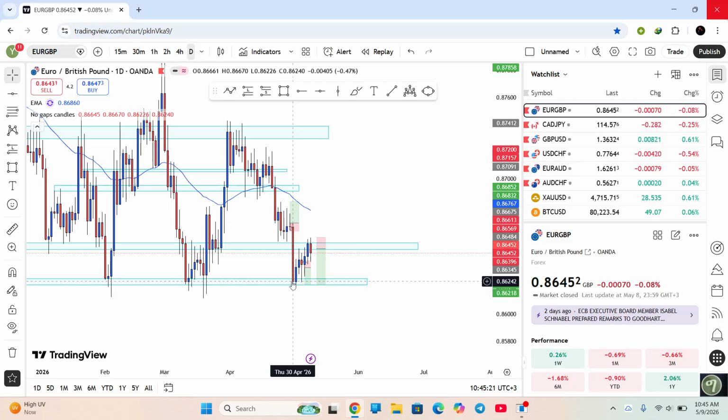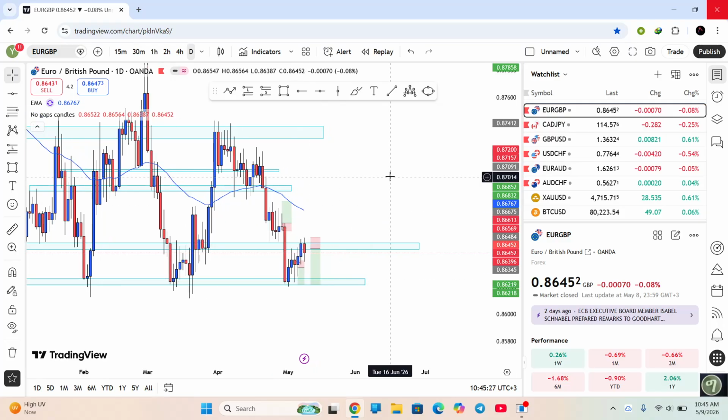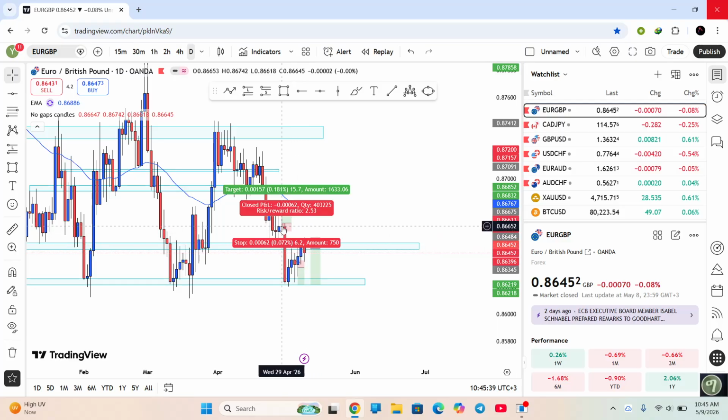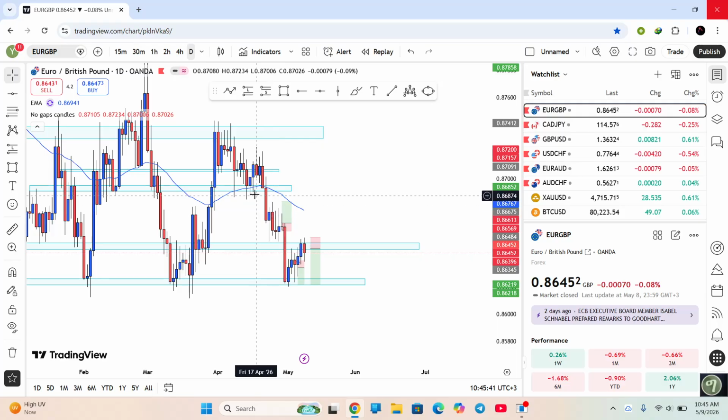So now, how do we identify, or how do we mark out our area of interest? Always, when we identify our area of interest, we need to mark it inside of the lower high and the lower low point. Why? Because if price has a body closure above these lower high points, marking this area of interest is not going to be useful, because